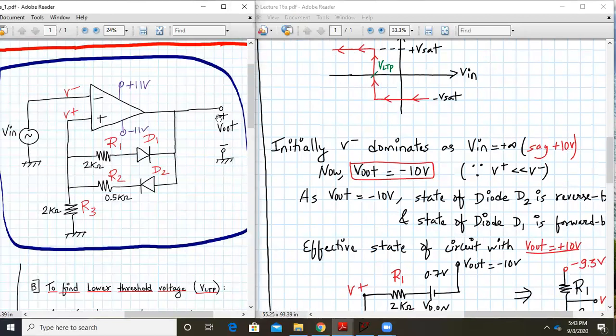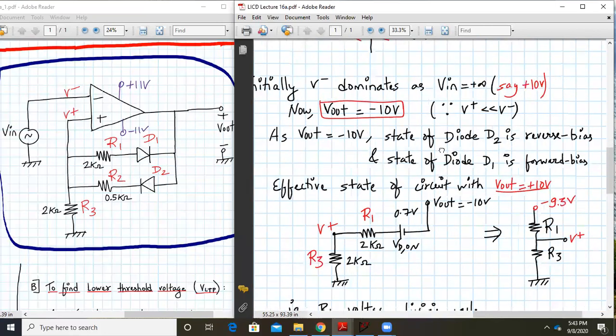When the output is at minus 10, which of the diodes are on? Yeah, you're thinking correctly. Diode D2 will be off and diode D1 will be on, because the cathode voltage is greater than the anode voltage by minus 10 volts. So diode D1 will be forward biased and diode D2 will be reverse biased. The active elements here are minus 10, diode D1 which is forward biased, R1 and R3. Diode D2 in reverse bias will act as open, so R2 and D2 will be redundant in this analysis.